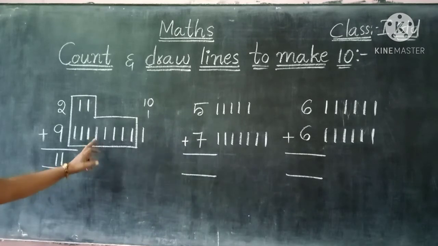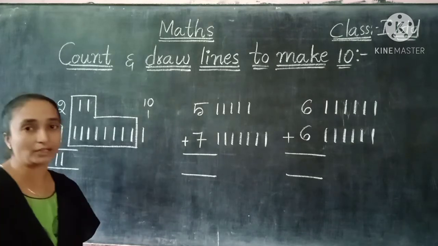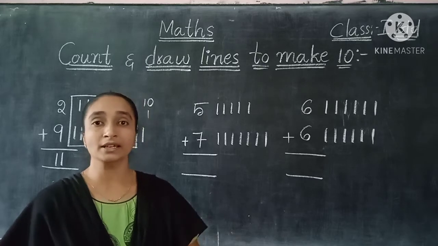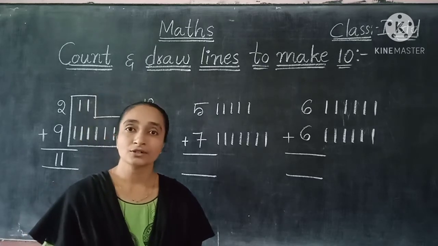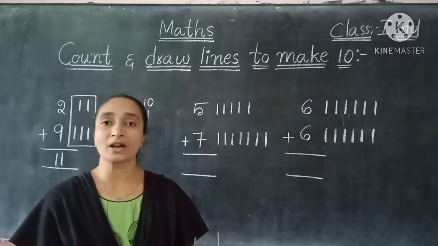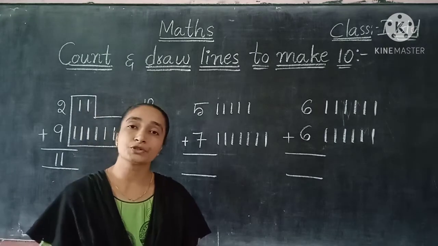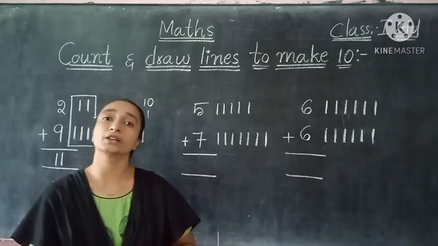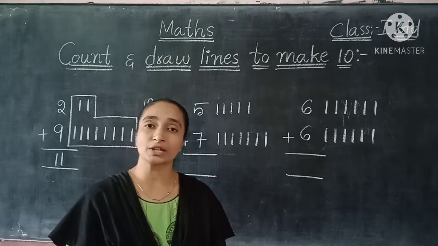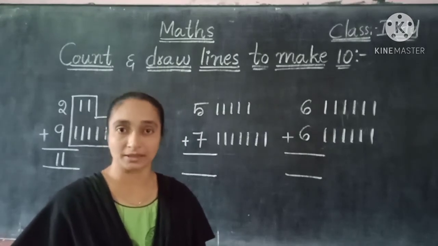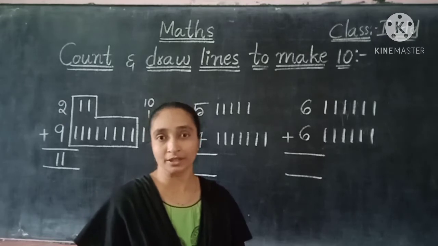So in this way we can make it also. 10 plus 1 also makes 11. Not only 2 plus 9 is equal to 11, 10 plus 1 also makes 11. 10 plus 1, 11. 10 plus 2, 12. 10 plus 3, 13. 10 plus 4, 14. So we have 1 ten and a plus 1 ones. So in the same way, 10 plus 5, 15. 10 plus 6, 16. 10 plus 7, 17. 10 plus 8, 18. 10 plus 9, 19. You can make it faster. So in addition we can make a 10. With the help of a 10 also you can do the addition very fast. So this is also another method in addition.